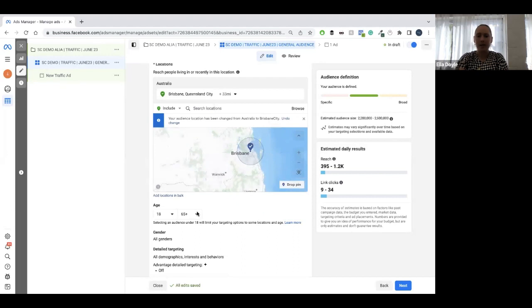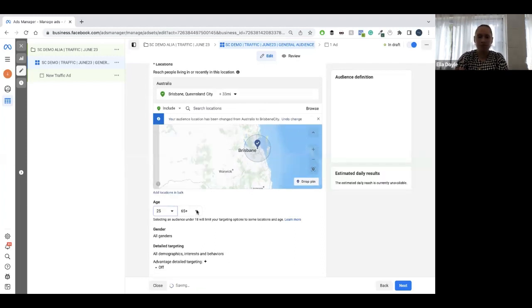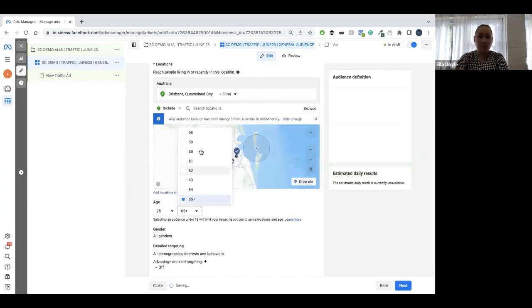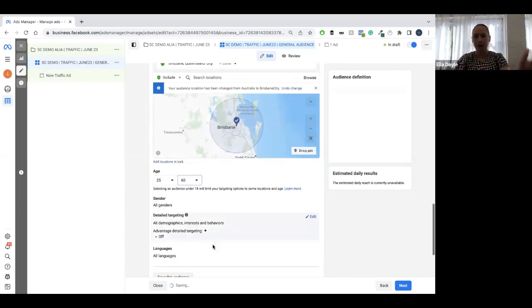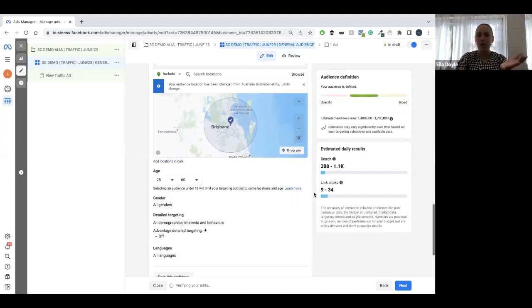We can set our age. So we want someone aged, say, 25 to 60 to see this ad. Obviously this isn't a live ad necessarily, it's just a bit of a showing, this isn't my typical audience, but we're just going to go through as a demo. So as we can see, as we start to do this, our audience definition reduces, which isn't a bad thing